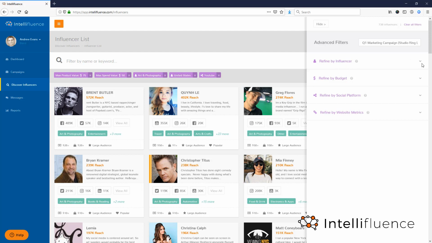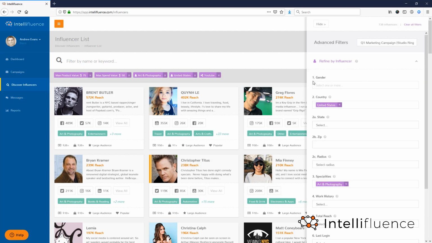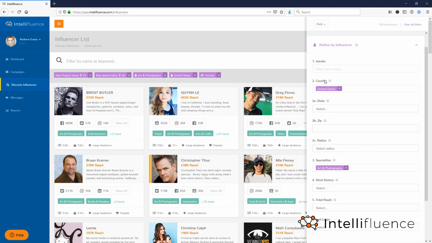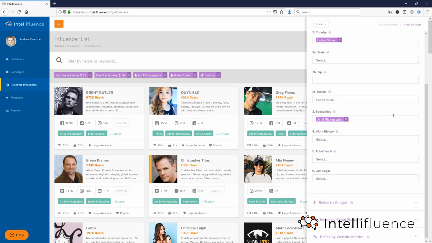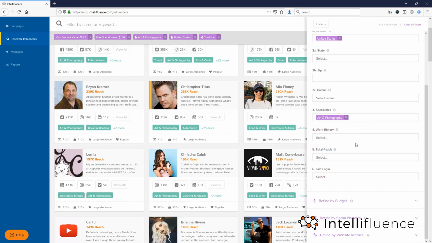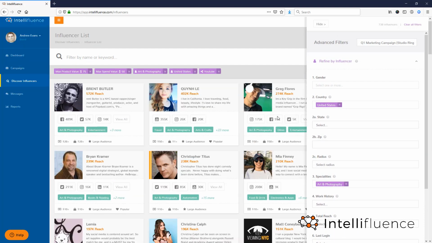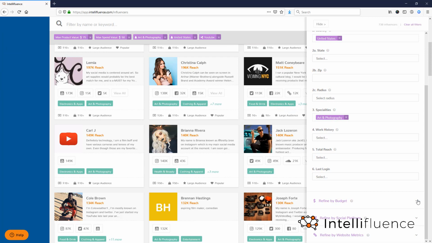So the advanced filter options you have, you can search by gender, you can refine the country, or you can dig deeper in terms of for United States, you can search by state, zip code, and then select a radius there to really get in close if you're looking to do a local campaign. You can add or remove specialties here. And then there's work history and reach of influencers. Like I said before, you can change up that reach for the influencer, the minimum reach,